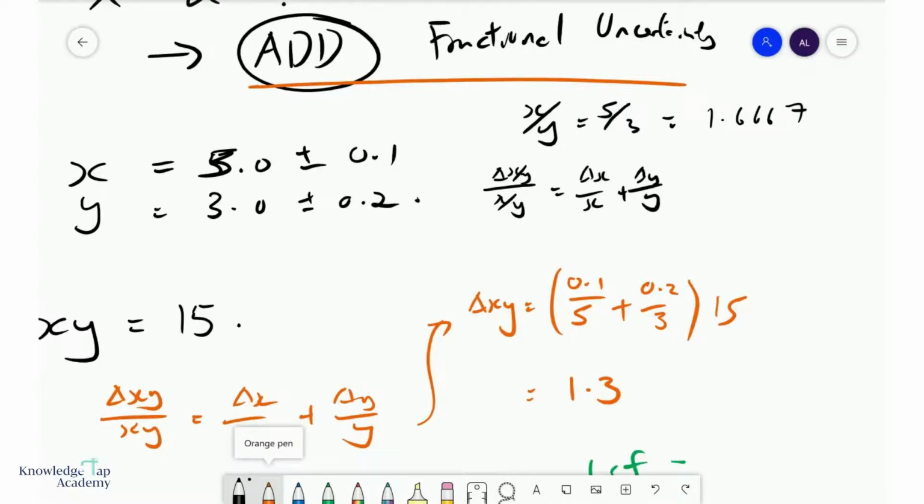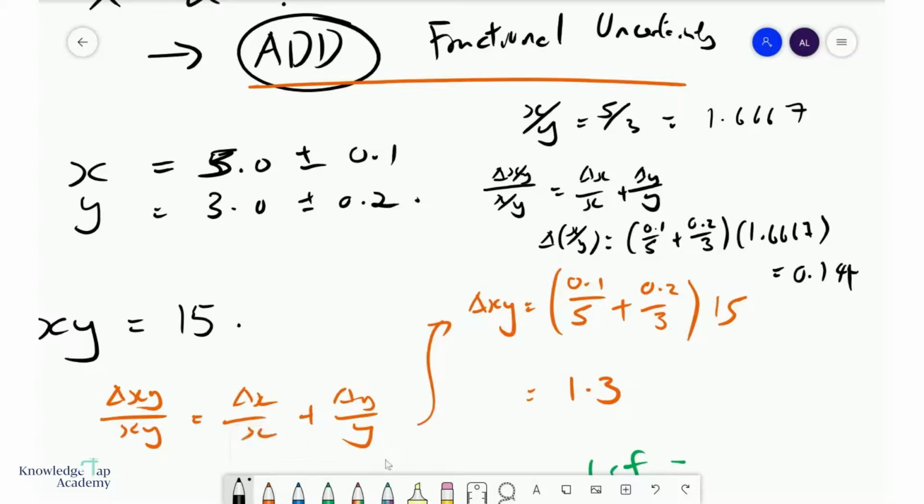So this means that delta of x over y is 0.1 over 5 plus 0.2 over 3, multiplied by 1.6667. So 0.1 divided by 5 plus 0.2 divided by 3, times 1.6667, gives us about